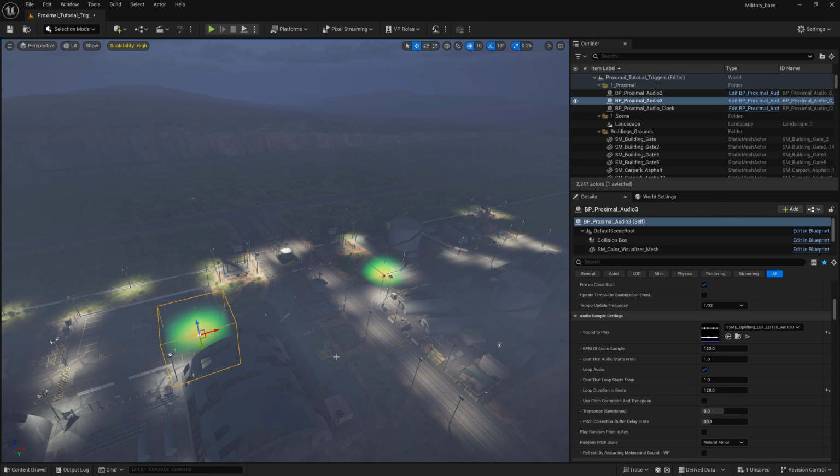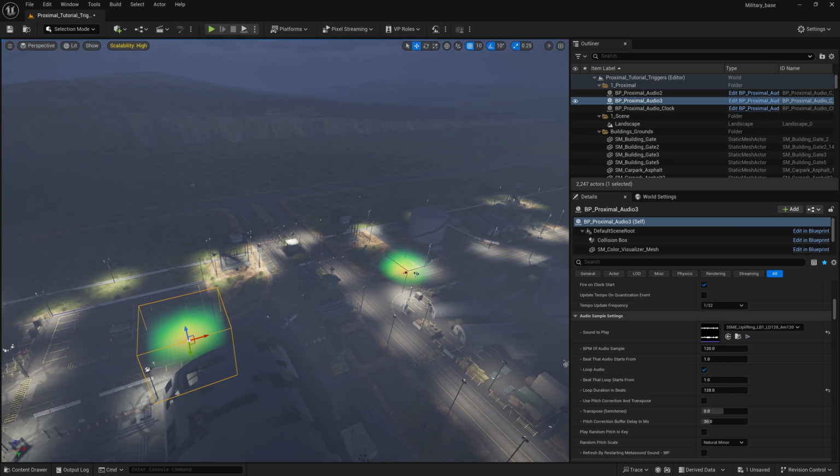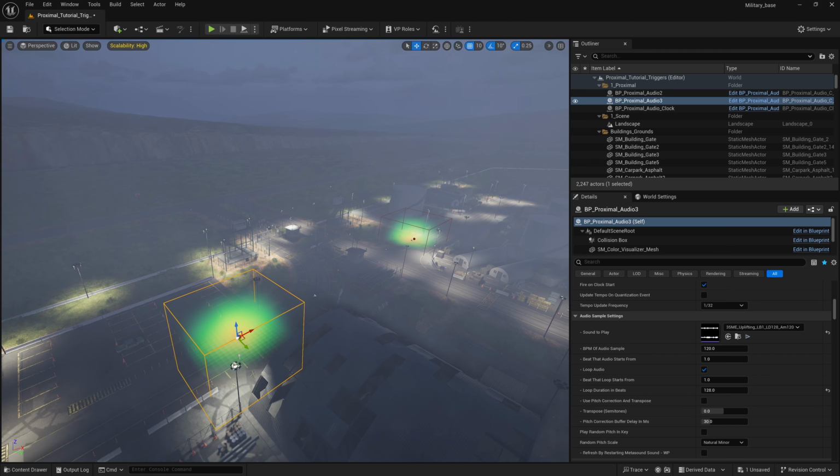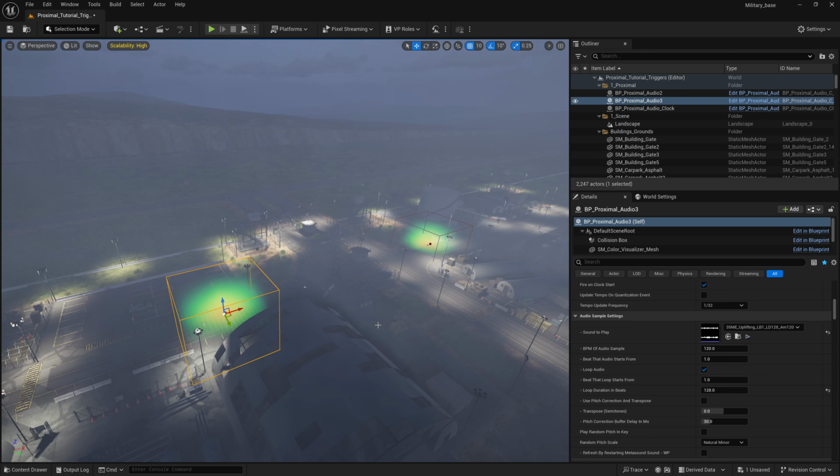Hi, welcome back. So we're now on part 4 of the Proximal One tutorial series. Just to recap, this is an interactive audio system for Unreal Engine that allows you to create procedural music. And in this video we're going to have a look at the trigger system and how we can also stop